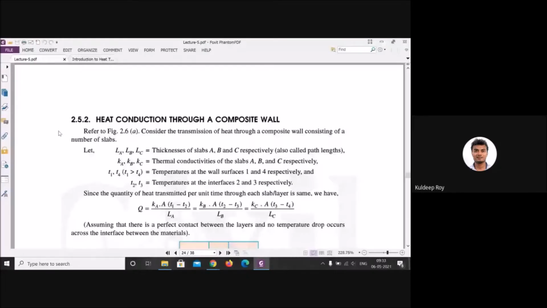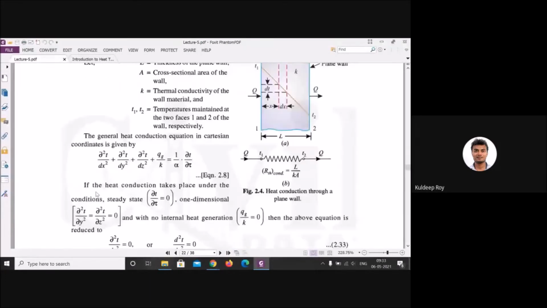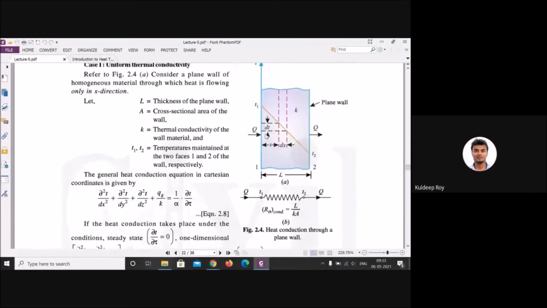How heat transfer will occur in a plane wall. You have seen that there is some kind of resistive force, or you can say the resistance. We have discussed that this is called the resistance, which you have read in your electronics or electrical subject. This is the resistance when the heat flows from this direction to this direction, because you cannot be sure that the complete heat transfer will occur from higher temperature to lower temperature. Means there is some kind of resistive force exerted in between that plate.